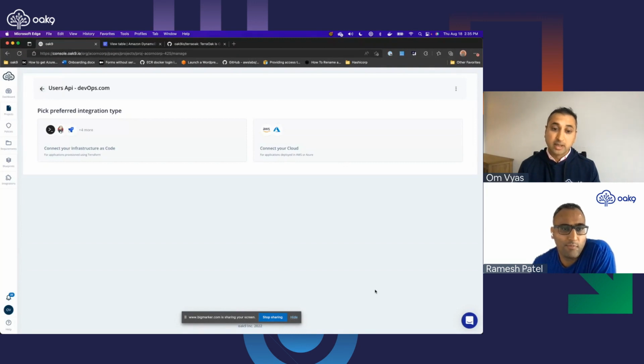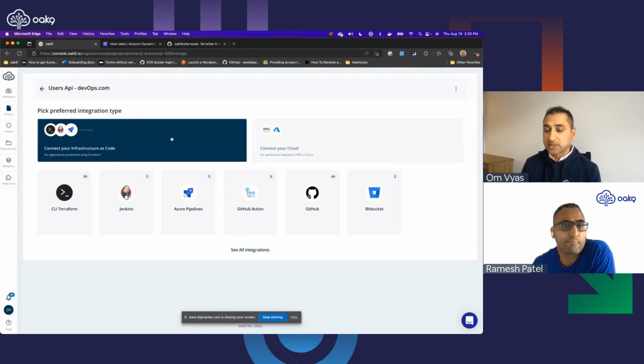We can look at your network configuration. We can look at how different IAM roles, how different components are interacting. We can look at your data at rest, and we can look at your encryption and data integrity configurations as well. So at this point, it's pretty simple as connecting to any one of the